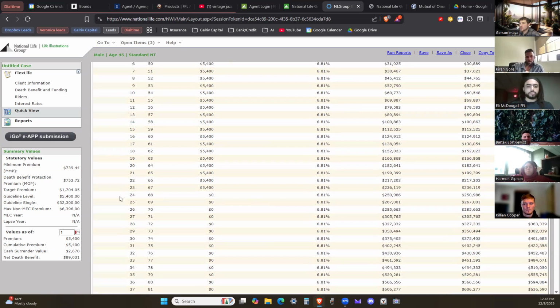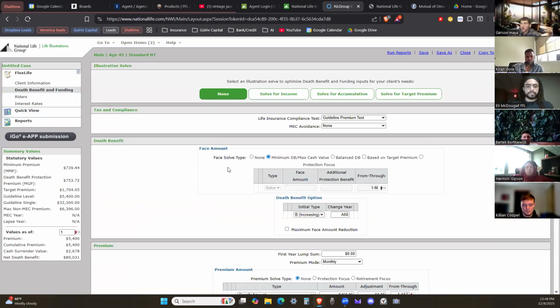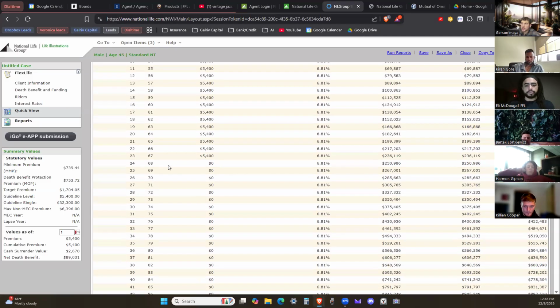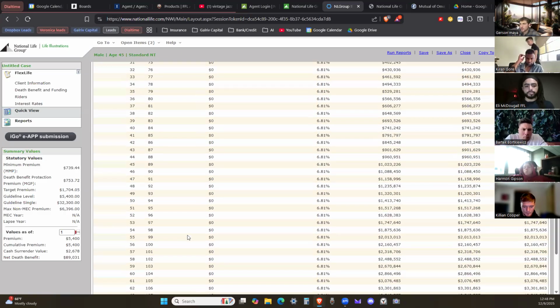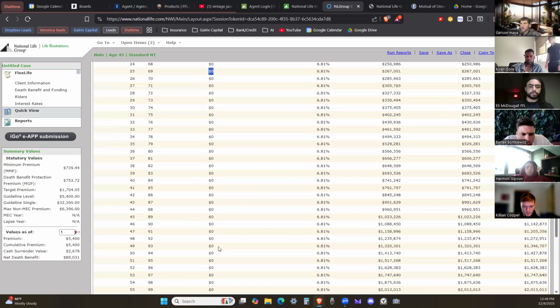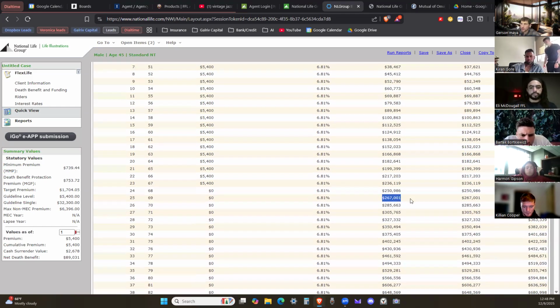All right, so really quickly, just to demonstrate what an income might look like off of something like that, it looks like they would have about $250,000 by the time they're looking to retire here. Age 68, about $250,000 sitting in here. And if you can see this premium outlay, it's going to be zero every year until maturity of the policy. We're not putting any more money in. There's no lapse year. The cost of insurance is paying for itself through the interest that we're growing year after year.